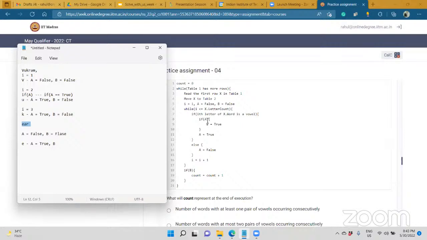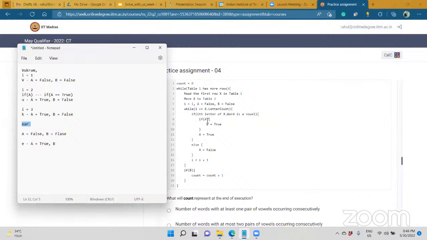No. Initially A is false, right? So it stays false until E comes into the picture. So if A is the condition, then this takes to the initial value wherein A was put in as false. Because A is put in as false at the initialization level, it will move into the next place wherein B is equal to true. Yeah, exactly.